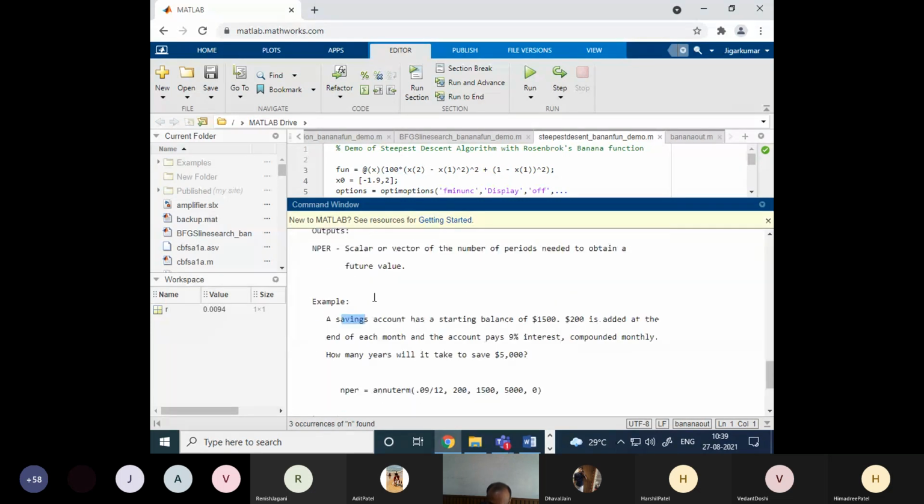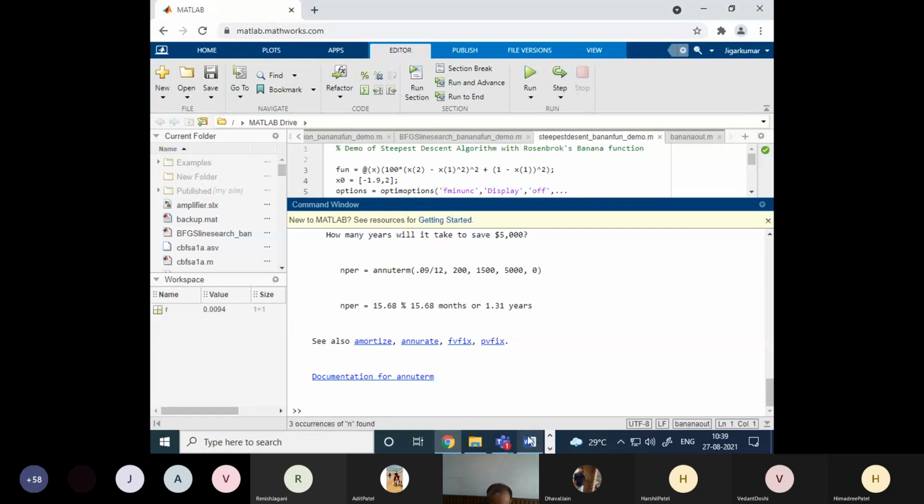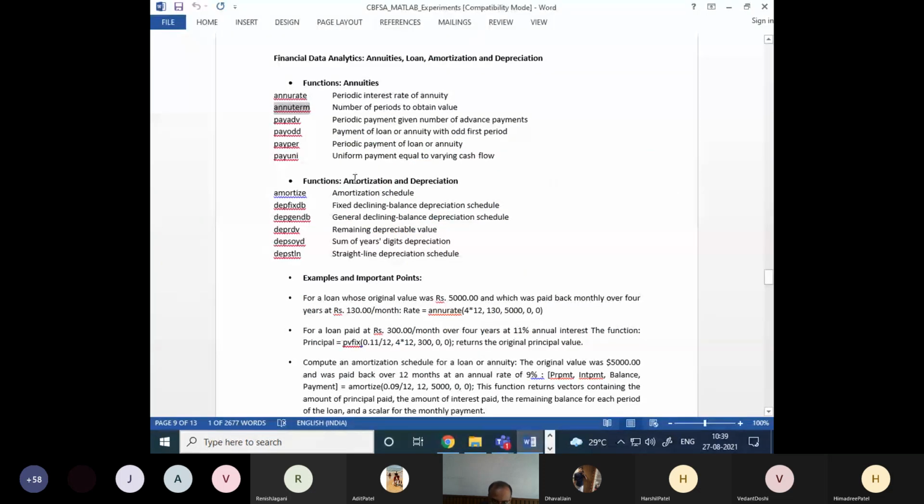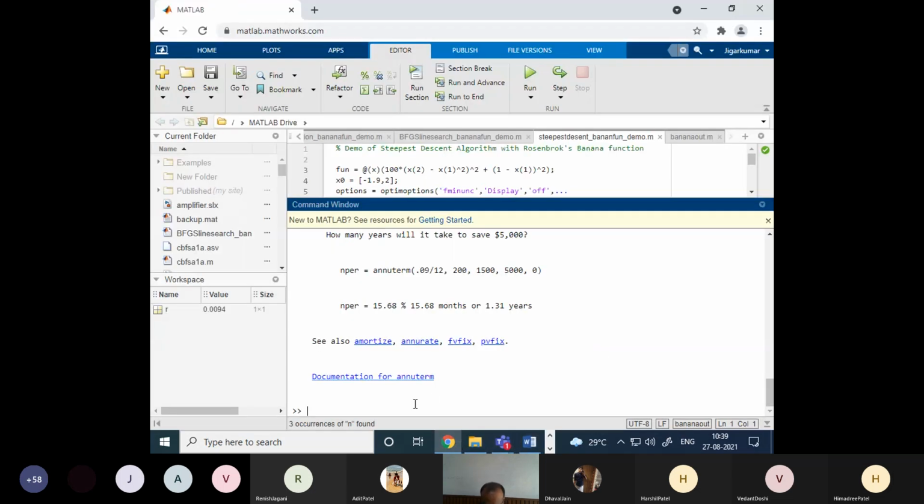Sometimes we need to calculate the annuity rate, and sometimes we need to calculate the annuity amount. Now, how to calculate this annuity amount? There are some functions for that. Let me go to this pmt function, pay per. The periodic payment of a loan or annuity is very important. So for this function, let me type its help.